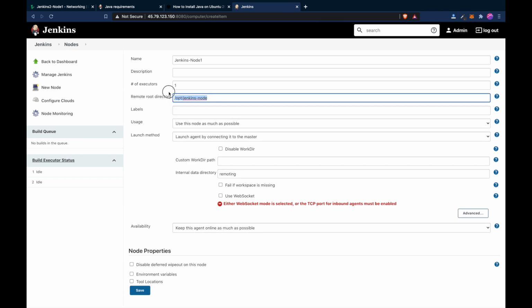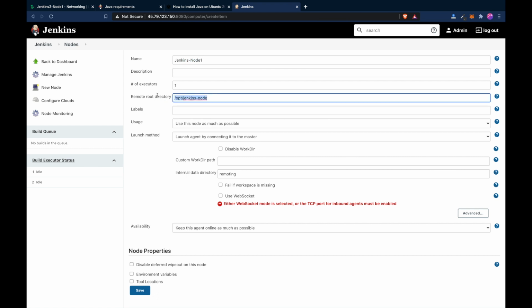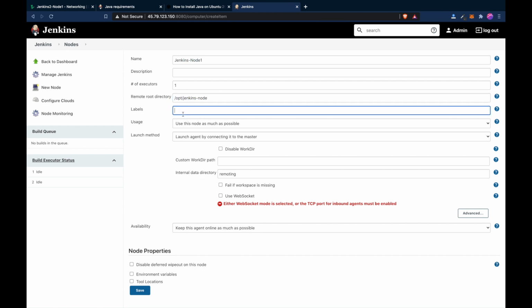All the jobs running on Jenkins node 1 will be saved at /opt/jenkins-node. The label I'll also give as Jenkins node 1. Label is nothing but grouping of the nodes. If we have two or three nodes and want to group all of them, we give the same label, and we can then refer the Jenkins job to run on this label.